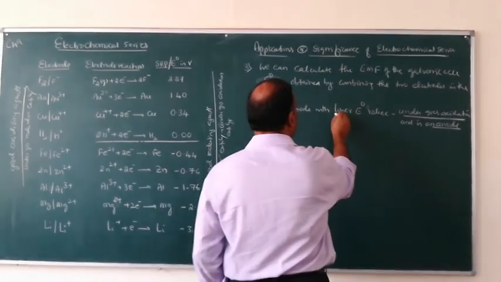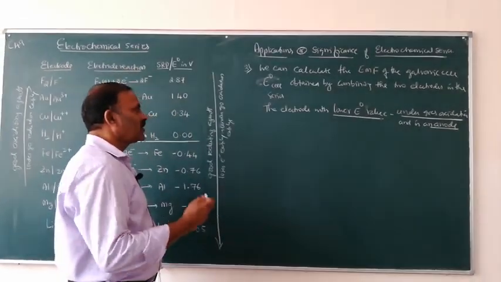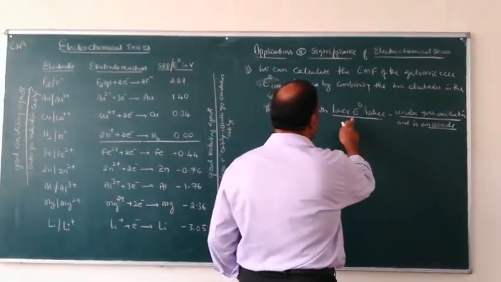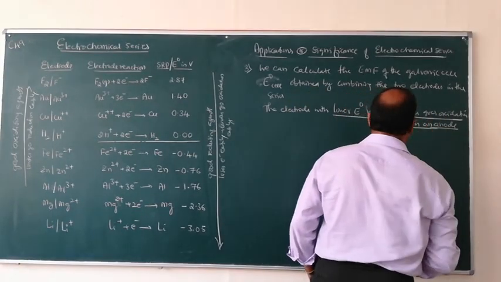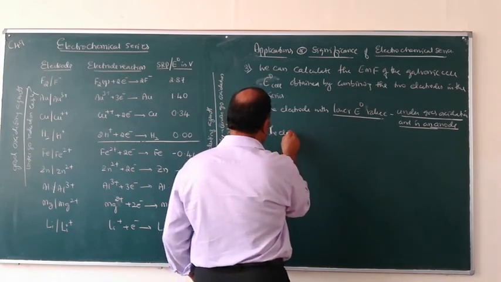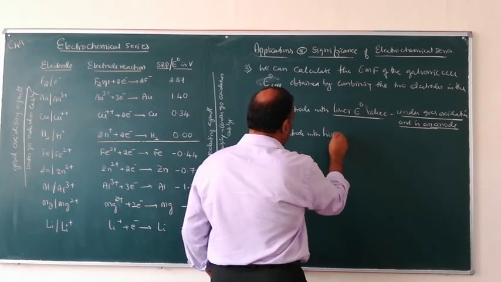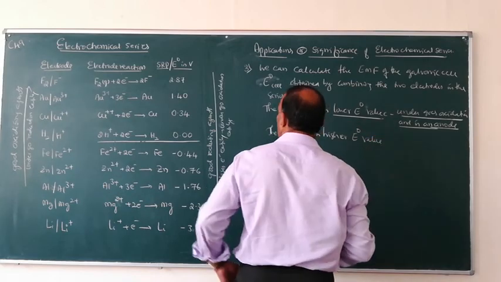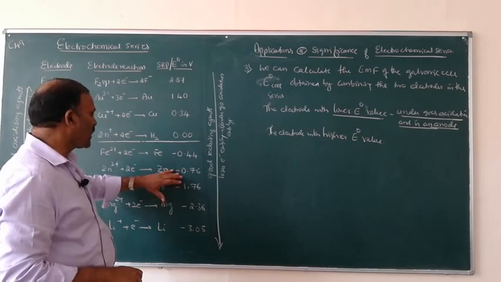So when two electrodes are combined to get a galvanic cell, the electrode with lower E naught value undergoes oxidation and is an anode. Number 2, the electrode with higher E naught value, lower E naught value, this is higher E naught value, lower E naught value electrode undergoes